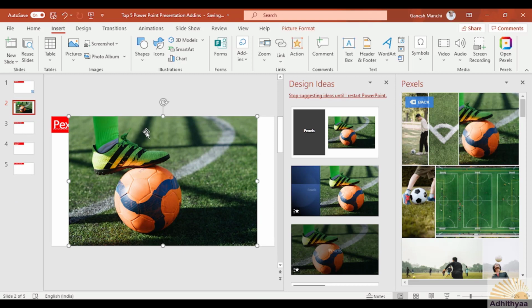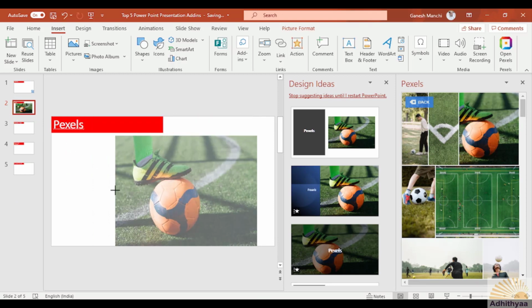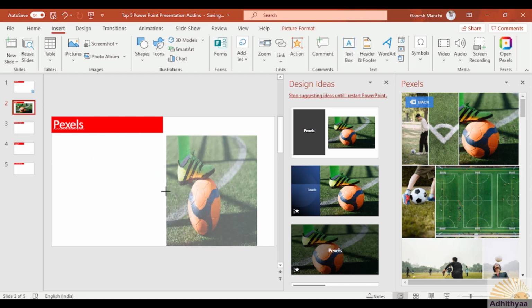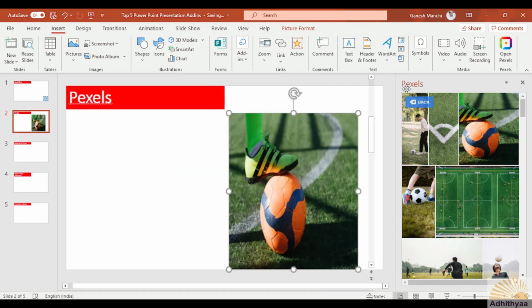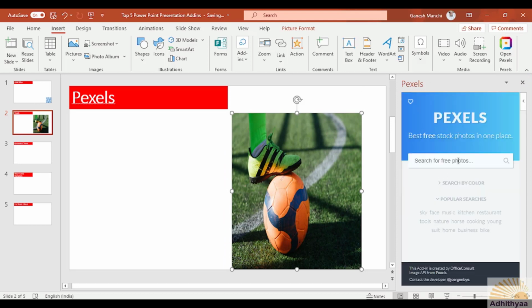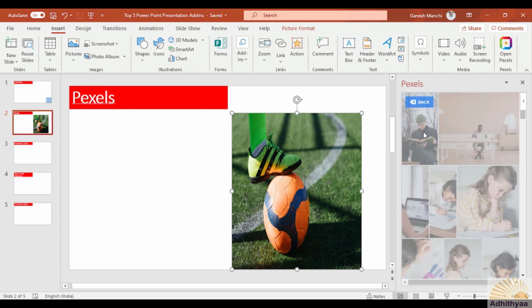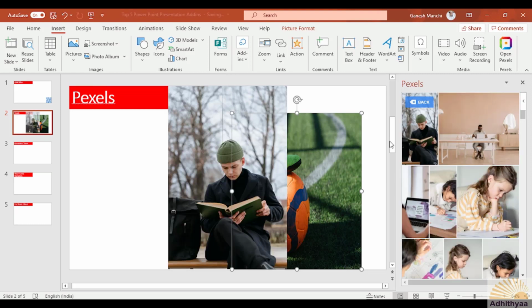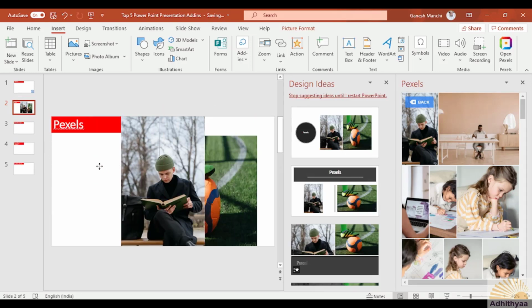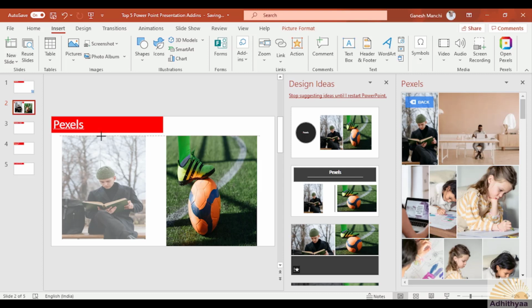Okay, good. You can probably resize it according to your requirement. And then if you want, you can still look for some other thing. Maybe I will say your learnings, just generally learnings. Okay, here is the picture. So I can include it here, and I can make it here.